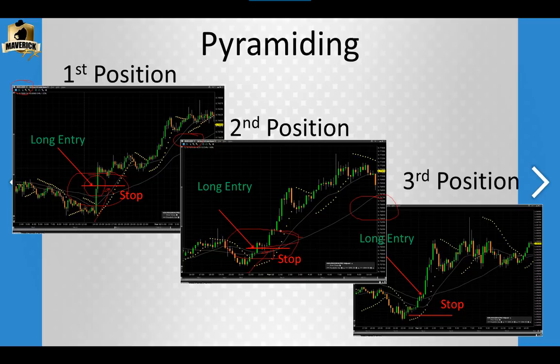Now, this is not something that at least I do often, because what you're really doing is, remember, your job is to identify the number 1 currency and play it against the number 8 currency. And that's what we did here with Kiwi dollar. You can see that we probably would have been better off